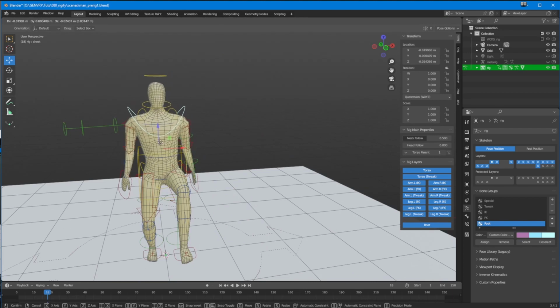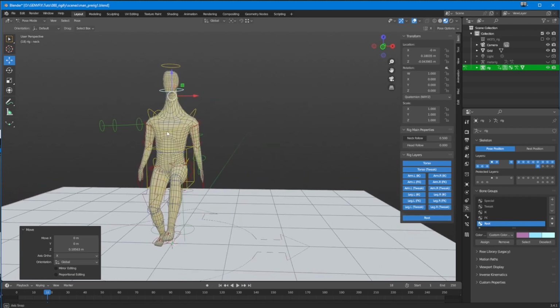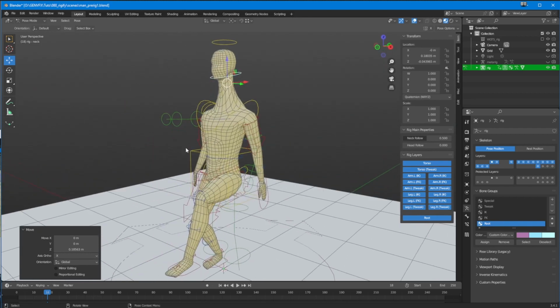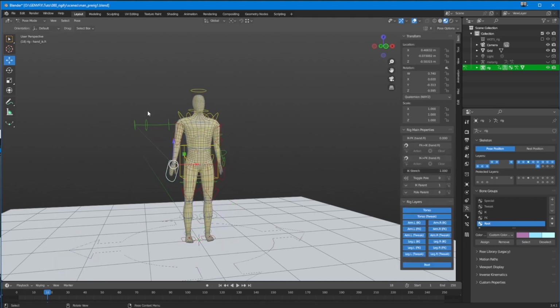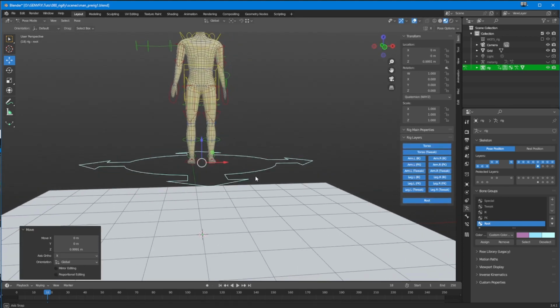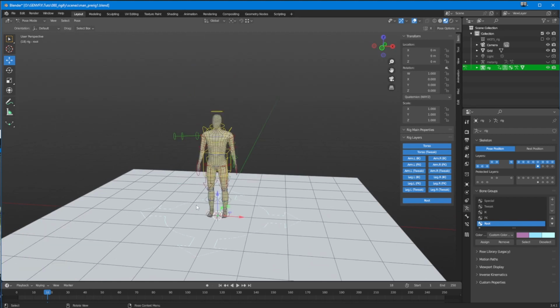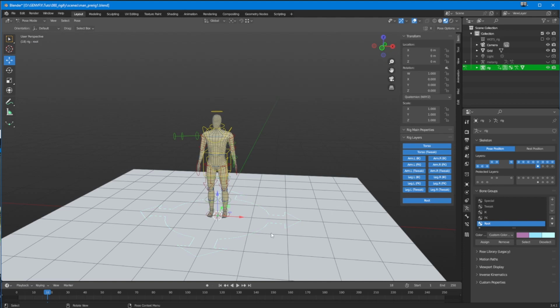I mean, all you've basically got to do now is do your animation and do something funky. I mean, alien. Not too sure about that. But yeah, so basically Rigify, once you follow a few practical things, is absolutely flipping marvellous. And then it gives you something which you have complete control over and is really nice and quick and easy to animate to. Don't forget, when you're animating, you have to be in pose mode. You can view it all back in object mode, that's not a problem, but it needs to be in pose mode. I also recommend that you turn on the auto keying when you're animating,